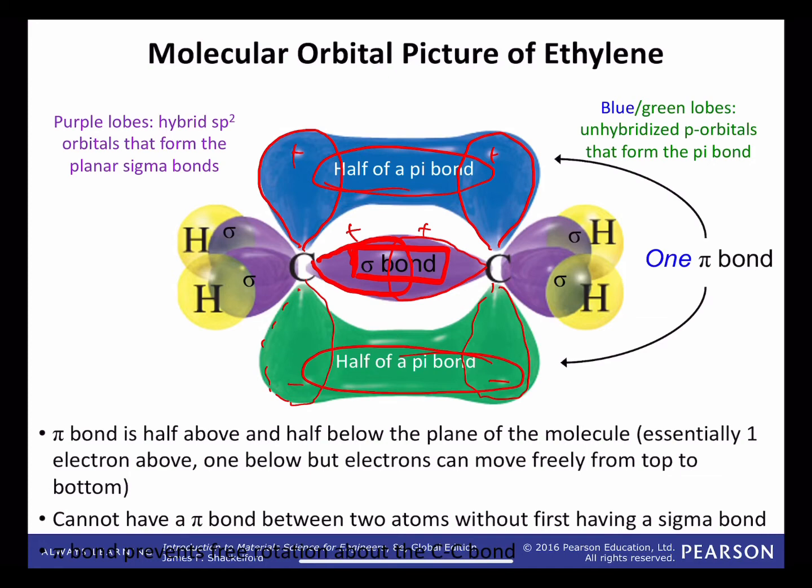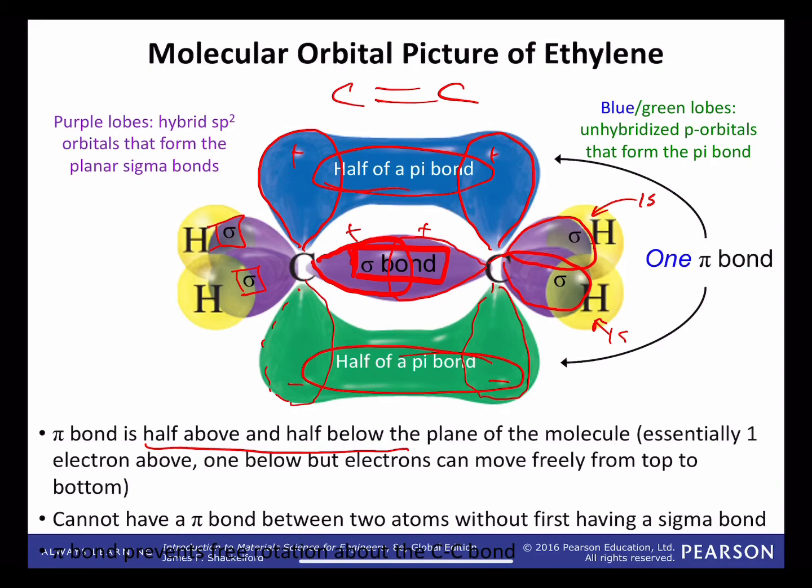Okay, so that gives us the carbon-carbon double bond, and we can also see here that additional sigma bonds have been generated on the other side of each carbon, here where the 1s orbital of the hydrogen has overlapped with a second sp2 hybrid orbital on that carbon, and likewise 120 degrees away from that. Okay, so the pi bond is half above and below the plane as we indicated,